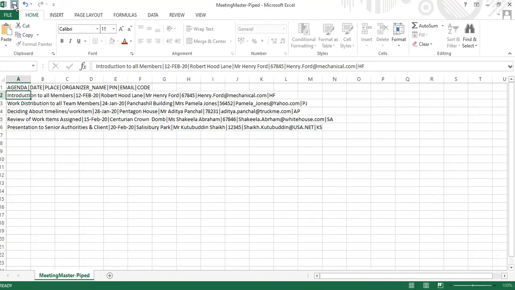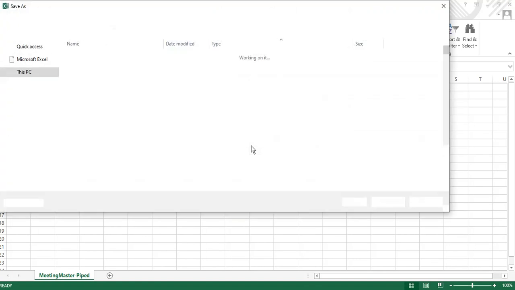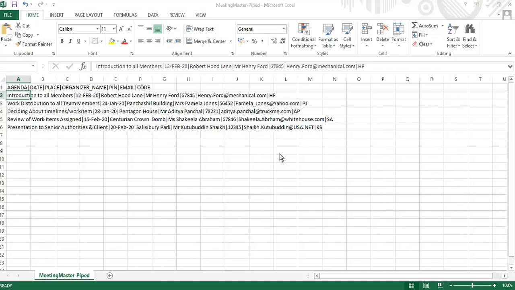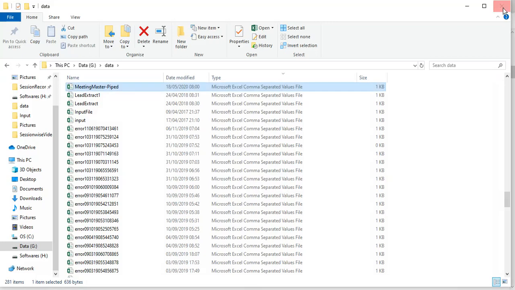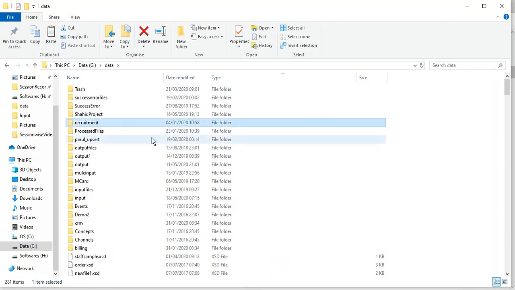Fresh save is there. Save. That's great. And I'll take that file, cut it from here, and put it in input.